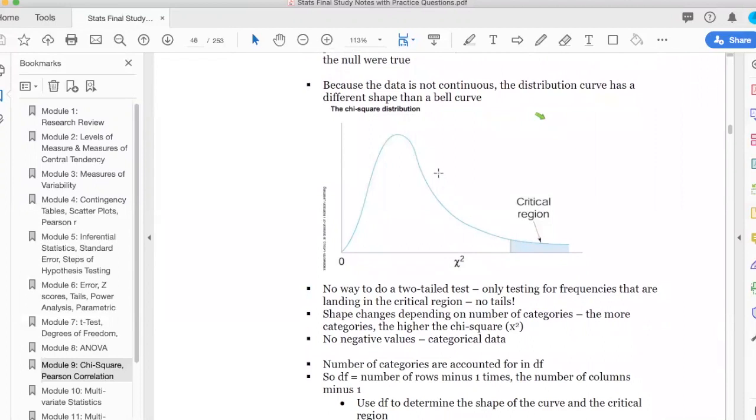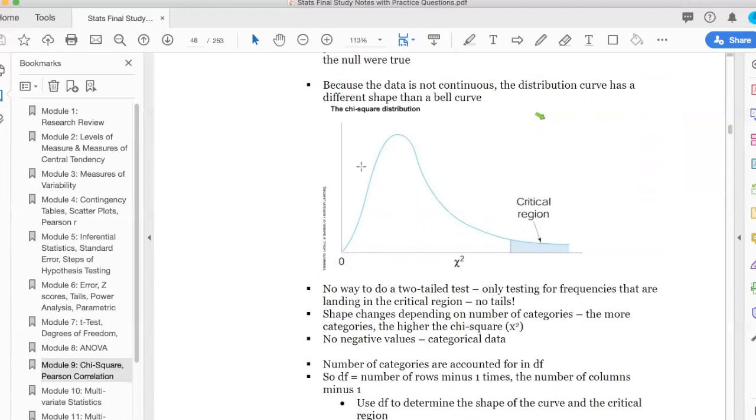Because the data isn't continuous, this is where you can have a weird curve with no two tails. Everybody was really anxious to have one-tailed tests on your last assignment. And remember, I was saying it's pretty rare, but in this case, because you don't have continuous data,